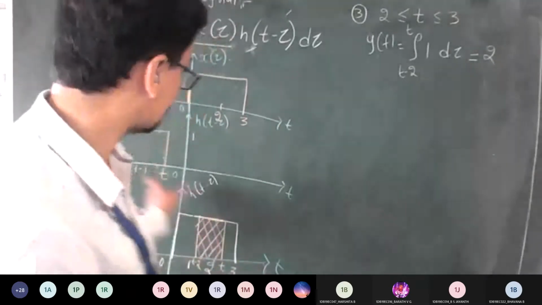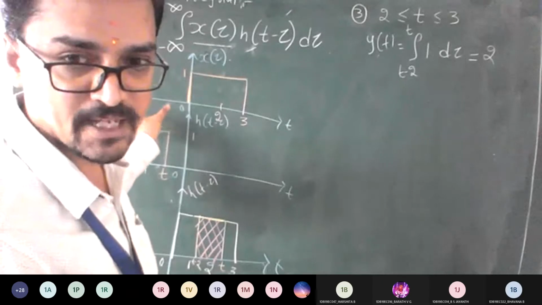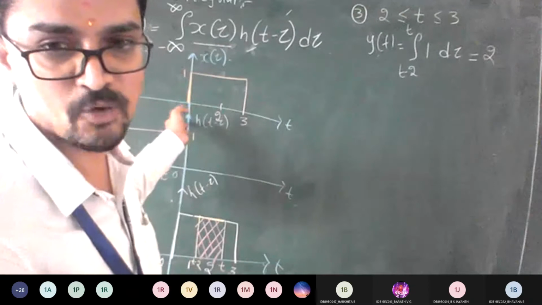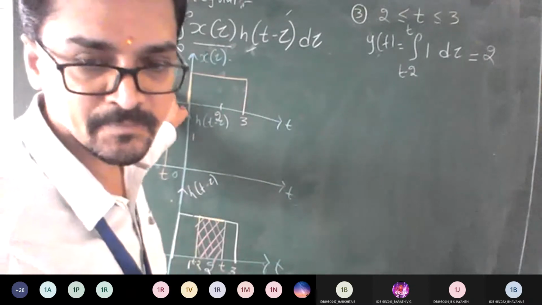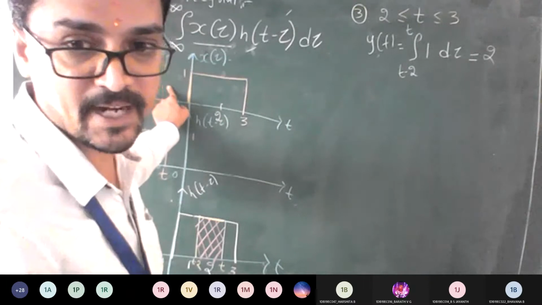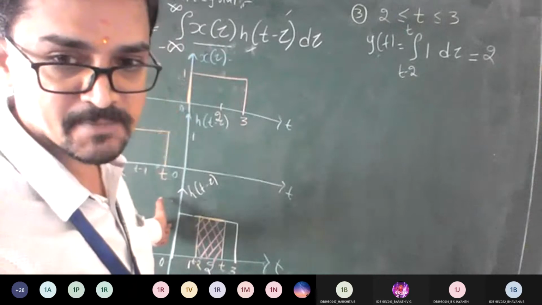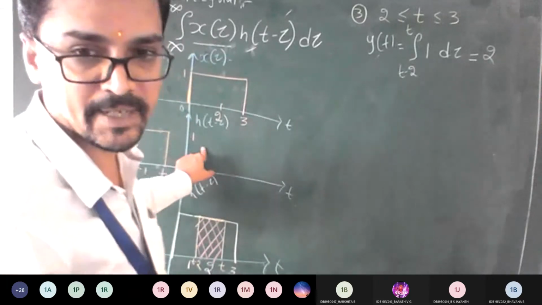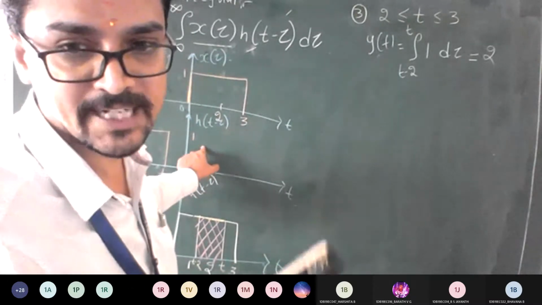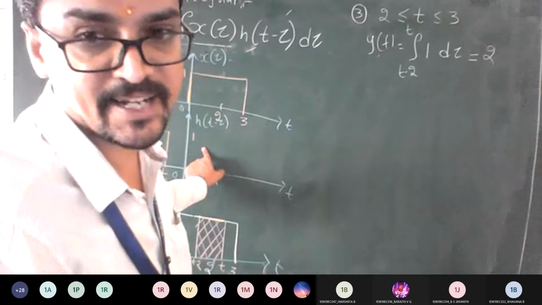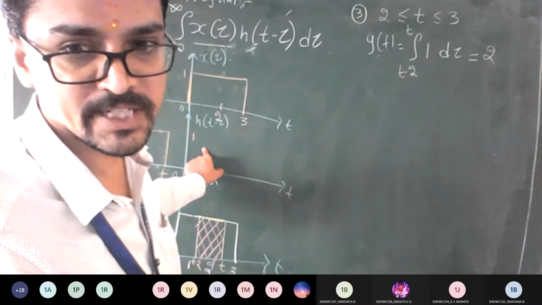So now first step I have chosen before this 0. If I take my value of t between minus infinity to 0, there is no variation because this x of tau is 0. So I got first case completely 0. Case number 2, I should do step by step. I can't write the things one shot. So step number 2, we analyze that if I place my t between the interval what you have taken, it's 0 to 2. Why 0 to 2 only? Yes, because h of tau value is 0 to 2. If it is 3, you can take 0 to 3. Am I clear? Yes, sir. So any doubts anyone still?